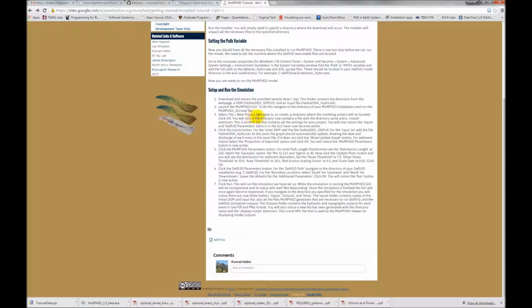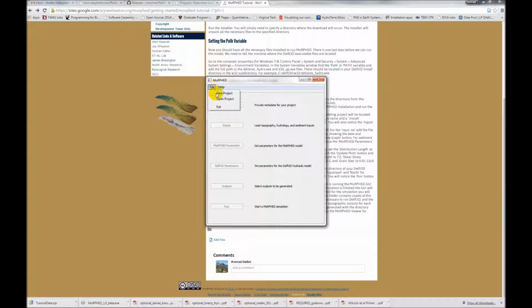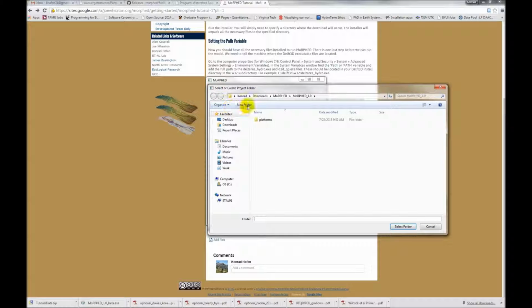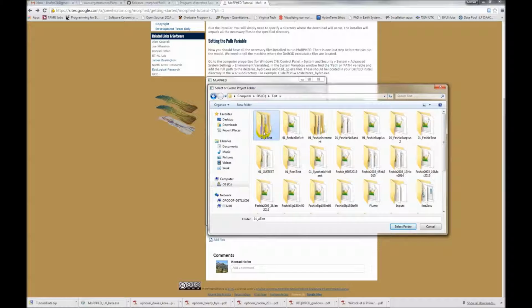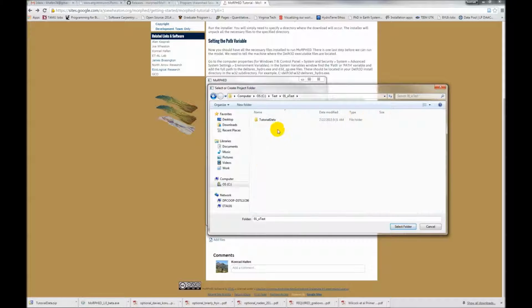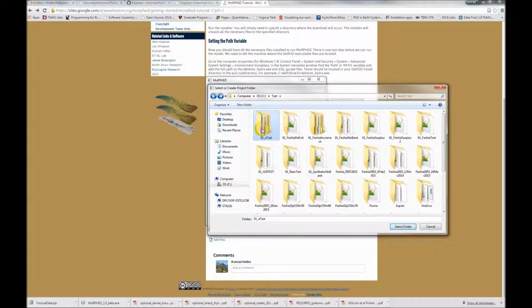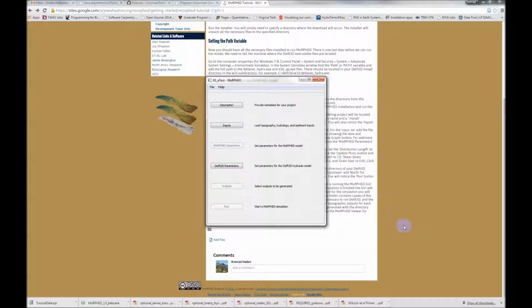Okay, so the next thing I need to do is create a new project. Let's go back to our GUI, go File, New Project, go to the folder I have, C drive, in my test folder. I have this O1A test folder. So we're going to select that folder, and inside of here I have this tutorial data. We just want this top level folder. Okay, so I've got that there. This description button isn't implemented yet,